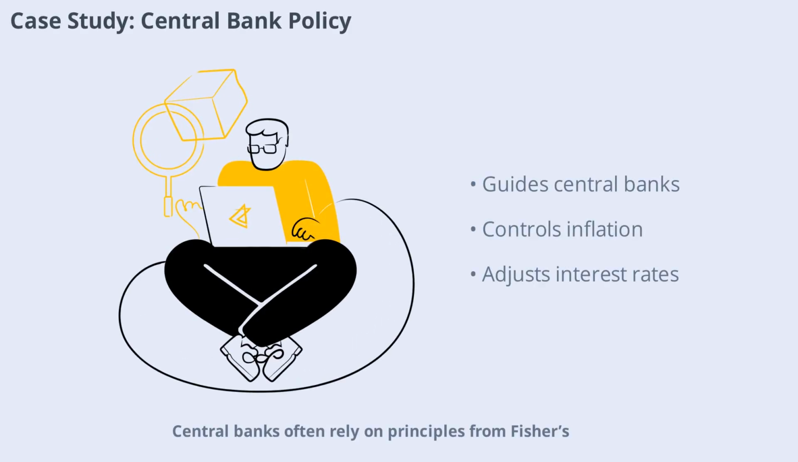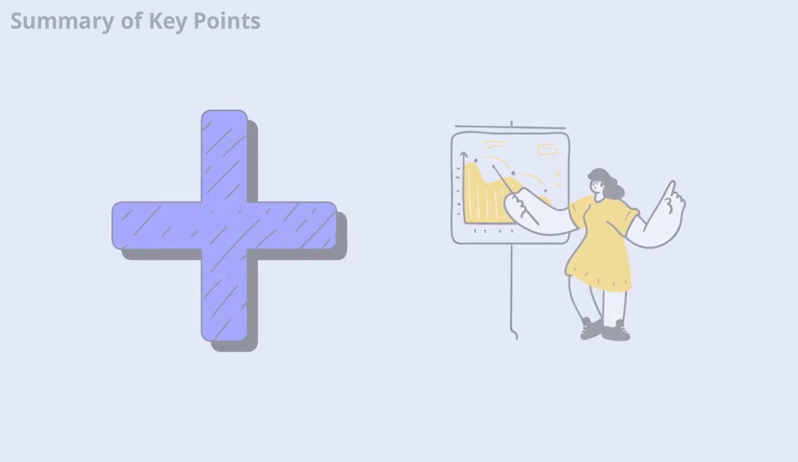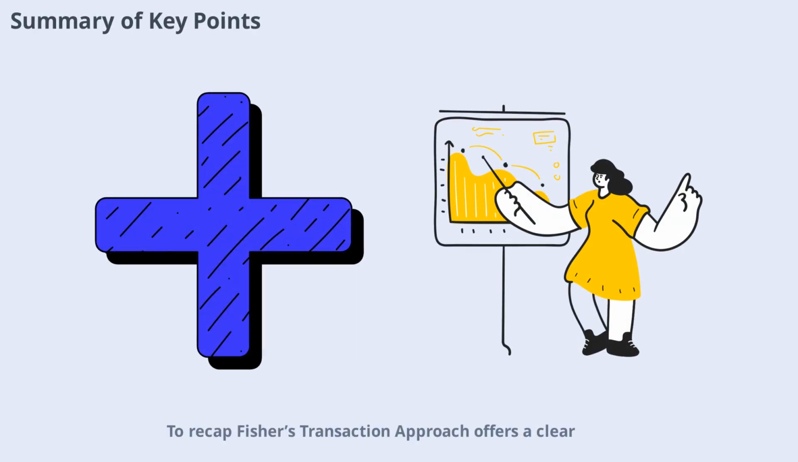Central banks often rely on principles from Fisher's transaction approach when designing policies to control inflation. By monitoring money supply and its velocity, they can adjust interest rates or reserve requirements to maintain price stability, demonstrating the theory's practical value. To recap, Fisher's transaction approach offers a clear, quantitative explanation of how money supply affects price